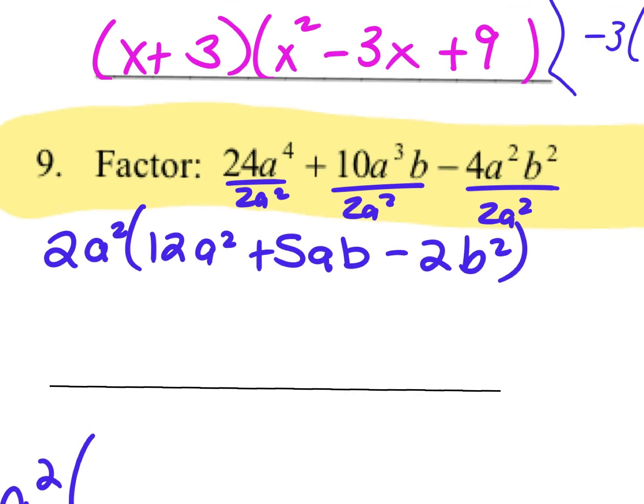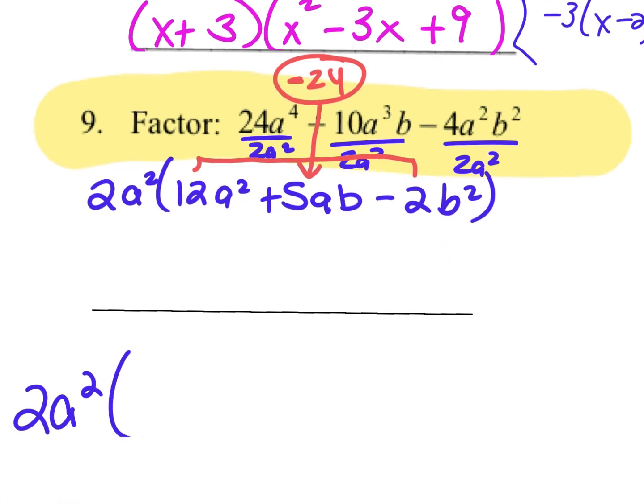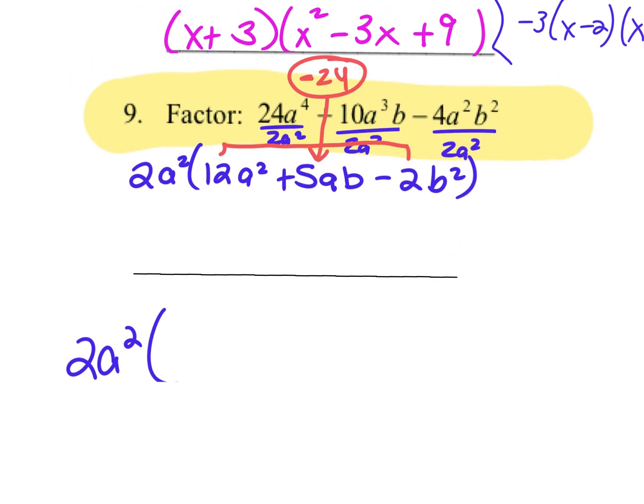So I look inside my parenthesis here. I have a trinomial. How do we factor a trinomial? Multiply a and c. So the magic number is negative 24. What are the factors of negative 24 that multiply to give me negative 24 but add to give me 5? 8 and negative 3. Okay, I'm going to do this my way. If you want to do the grouping way, fine. But notice, guys,